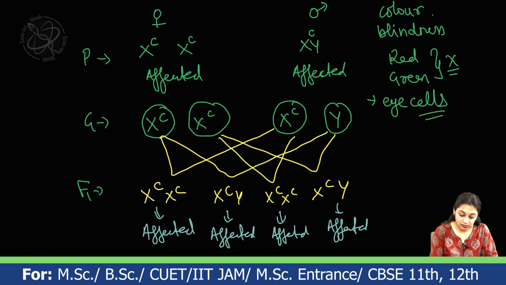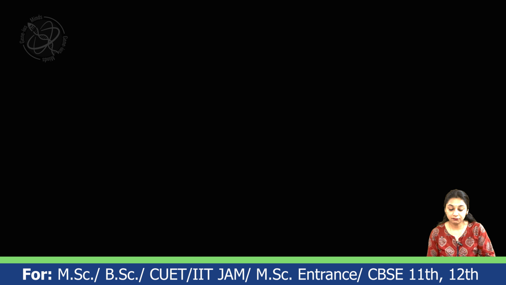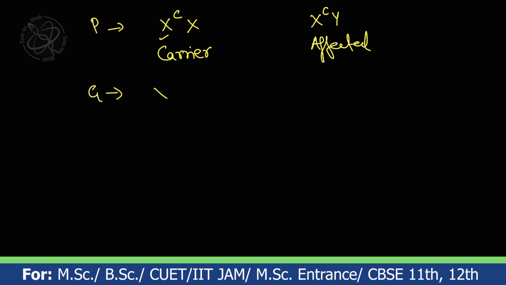Now we will look into a different example where, in the female, only one of the X chromosomes is affected. We represent it as XCX, where only one X chromosome is affected, and the male is affected, meaning his X chromosome is affected. So this female is considered a carrier because only one X chromosome is affected. The male is affected. Now when we cross this,